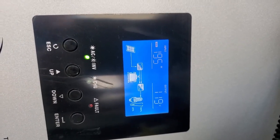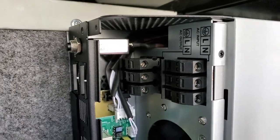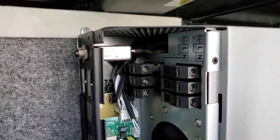Next thing we're going to do is the AC output, because we've got nothing hooked to the AC input and AC output, and that's what most people want to know, is how to hook that up. And I'm going to show you that in a few seconds. So what I'm going to do is,